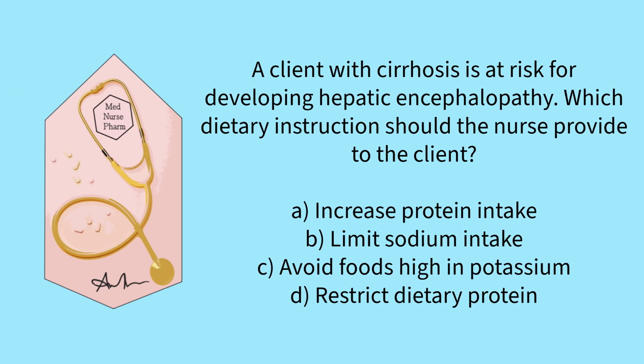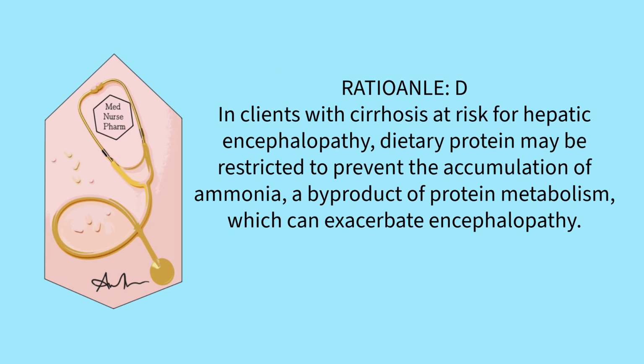therapeutic range. A client with cirrhosis is at risk for developing hepatic encephalopathy. Which dietary instruction should a nurse provide to the client? Increase protein intake, limit sodium intake, avoid foods high in potassium, or restrict dietary protein? The correct answer is D. In clients with cirrhosis at risk for hepatic encephalopathy, dietary protein may be restricted to prevent the accumulation of ammonia, a byproduct of protein metabolism, which can exacerbate